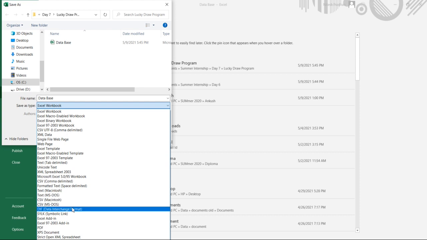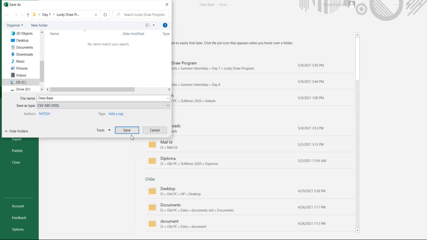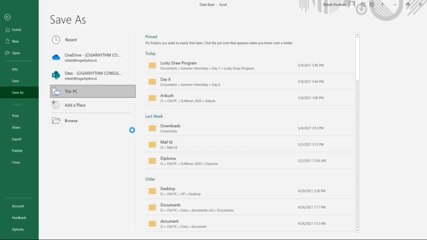So I am going to select CSV MS-DOS, and I am going to save with the same name, database.